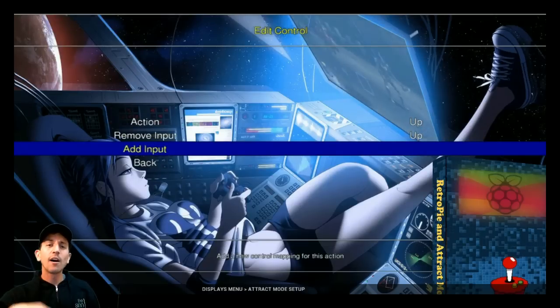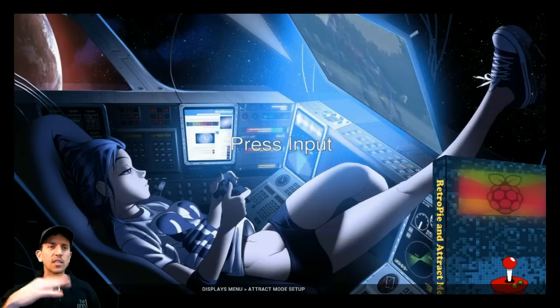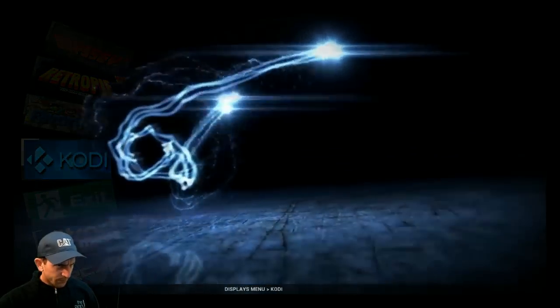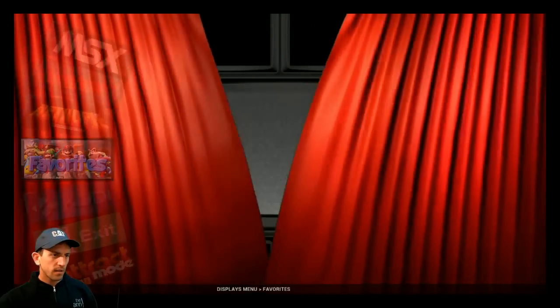I'm going to keep answering questions while I scroll through some of these menus. Let me know if I have to change the volume, though. I might just lower it, it should be fine. Okay, so here's the Kodi people were asking about. You've got your favorites. Yeah, I wish it was on Mega too. I'm a fan of Mega Download now that they have